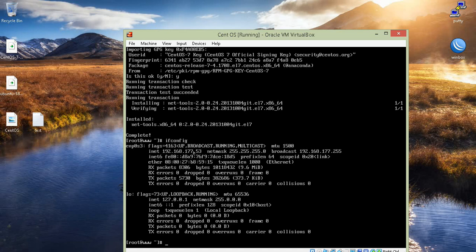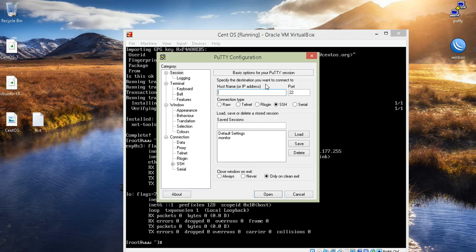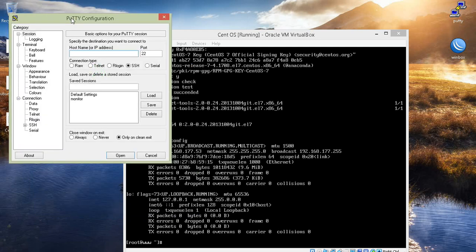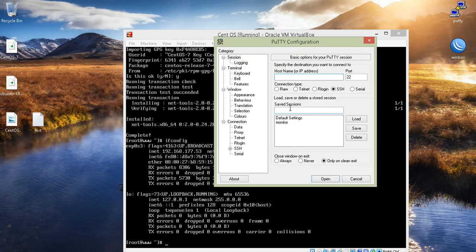And now what I can do, like this operating system I can access remotely, like I don't want to work through the virtual machine, but I can use my terminal emulation software like PuTTY for my Windows in this case. So what I'll do, I'll put my IP address here, 192.168.177.53,